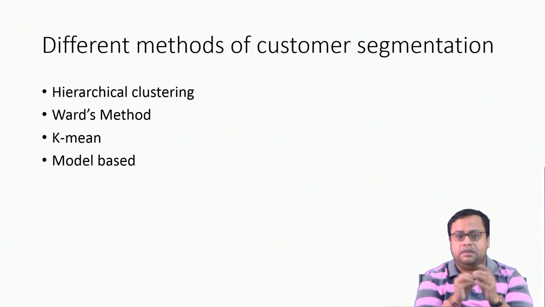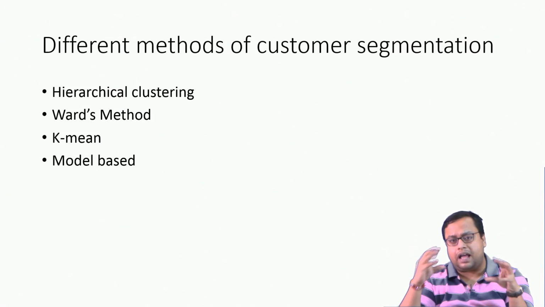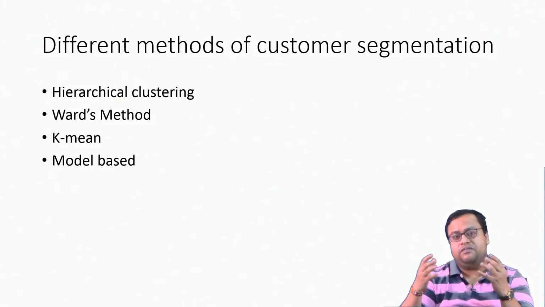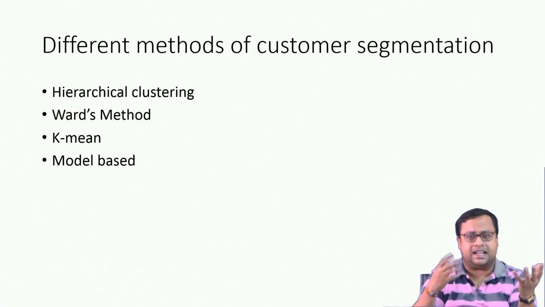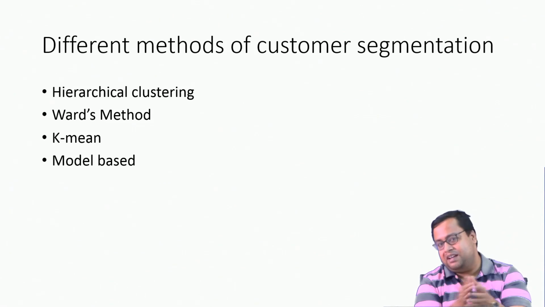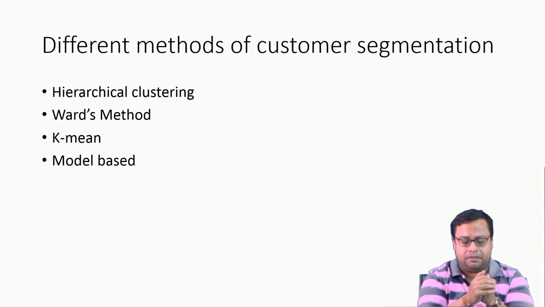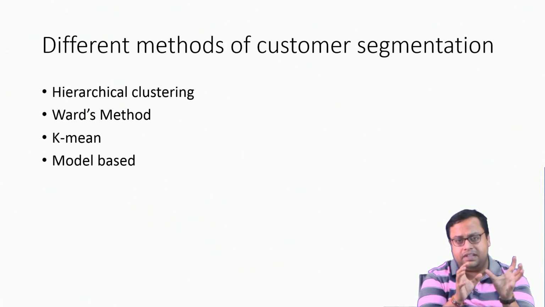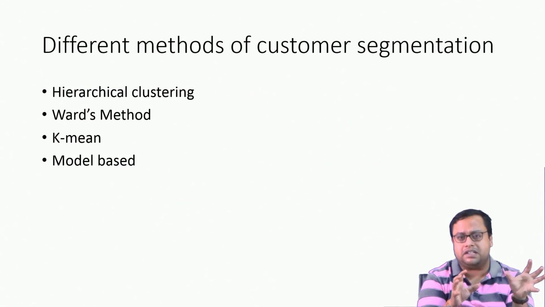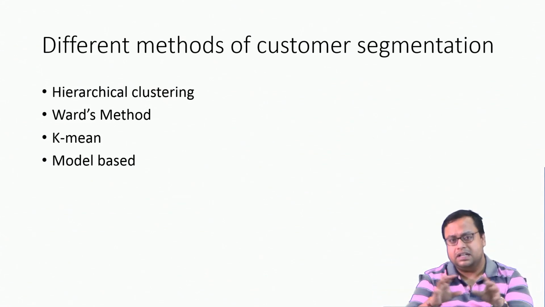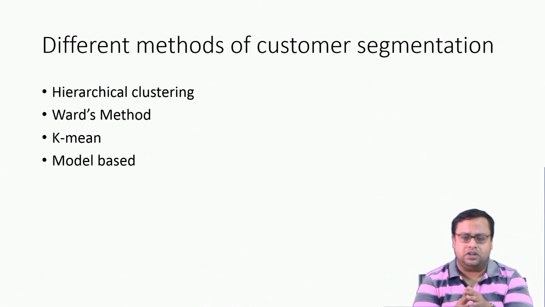After we find meaningful characteristics of those customers, we try to club them based on whether the characteristics match with each other. If customer A and customer B have similar meaningful characteristics, they will be close to each other and kept in the same bucket. And if one bucket of customers is very far away from another bucket of customers, then that is a good segmentation. That is something we try to achieve. The methods are hierarchical clustering, Ward's method, k-means, and there are other methods also, and a combination of them.